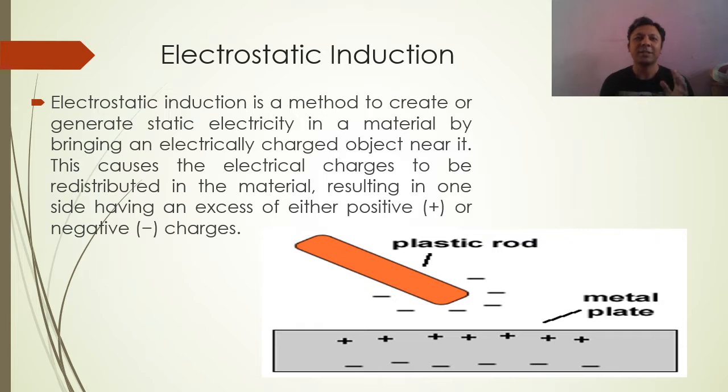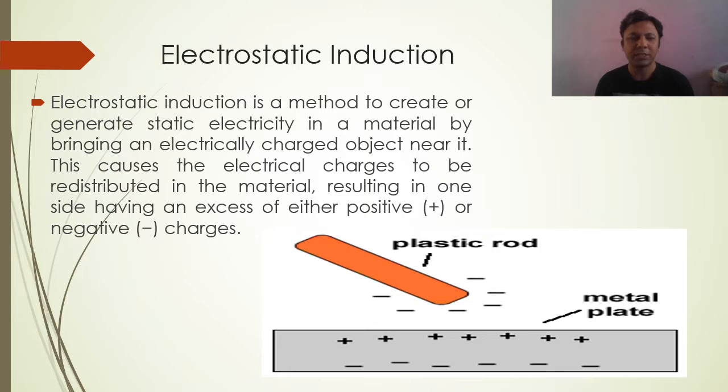Another example is the CRT TV of the past. When a person goes near the CRT screen, the hair will stand up and be attracted to the TV screen. So this is one example of electrostatic induction. It is the process to create positive charge and negative charge. If a negatively charged material is rubbed on it, then positive and negative charge is produced. So this is electrostatic induction.